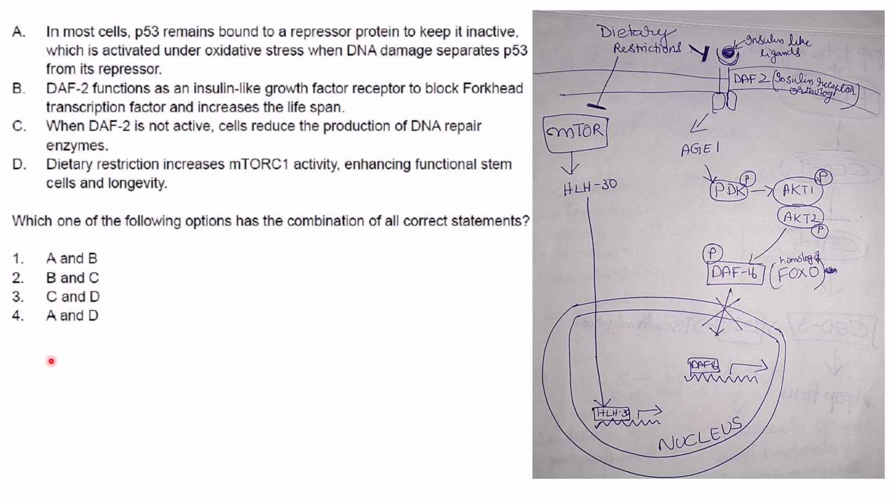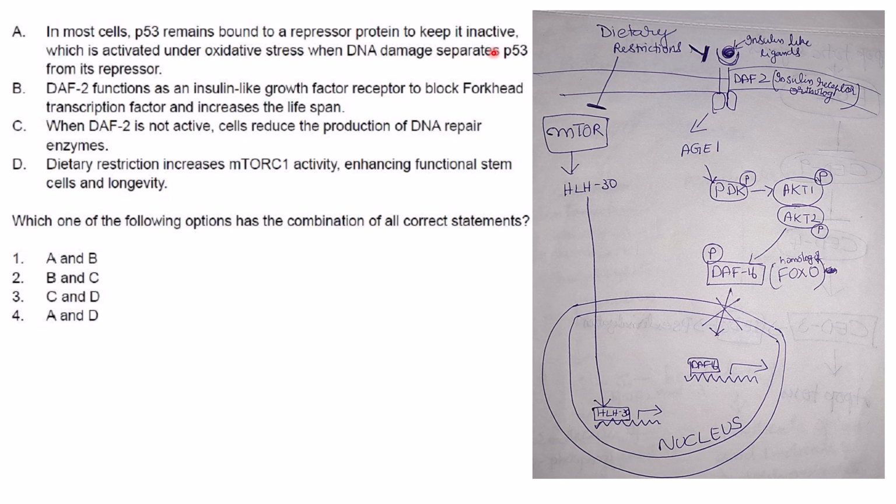In most cells, P53 remains bound to a repressor protein to keep it inactive. Okay, P53 is found in humans, and the C. elegans ortholog of P53 is CEP1. Okay, so P53 binds to the repressor MDM2 in humans to keep it inactive, and it is activated under